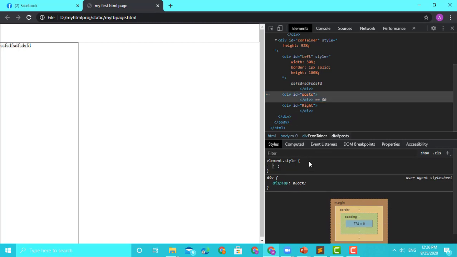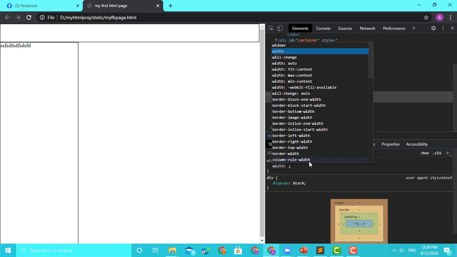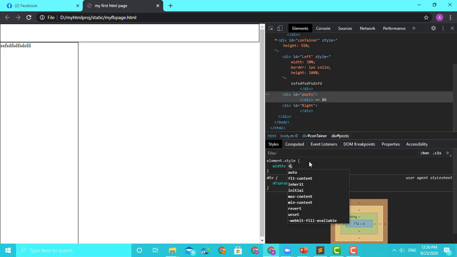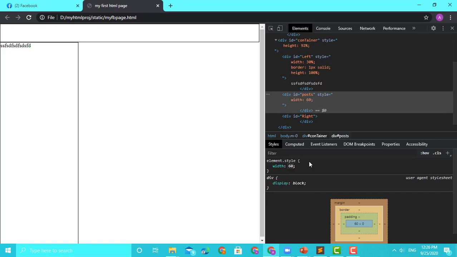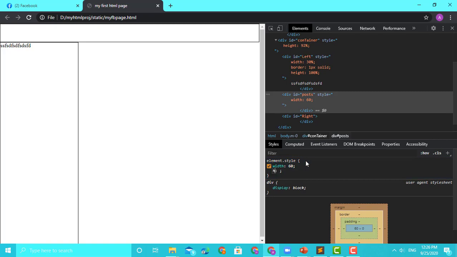So what is the style of this second div? Okay, I will say this is width, so that is 30, let me make this 60, for now let's keep this 60. And then I will again put height 100%.